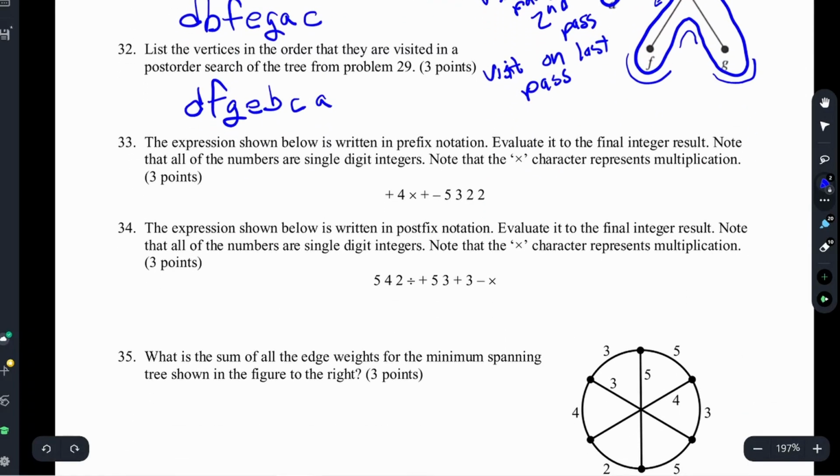Now, 33 and 34 are actually the results, in the case of the prefix notation, of a pre-order search of a tree that represents a mathematical expression. Now, a mathematical expression represented with a tree usually has an operation as a parent, and then the children of that are either another operation or an actual value, a number. If it's an operation, well, that operation is going to have children too, and those guys are then going to have